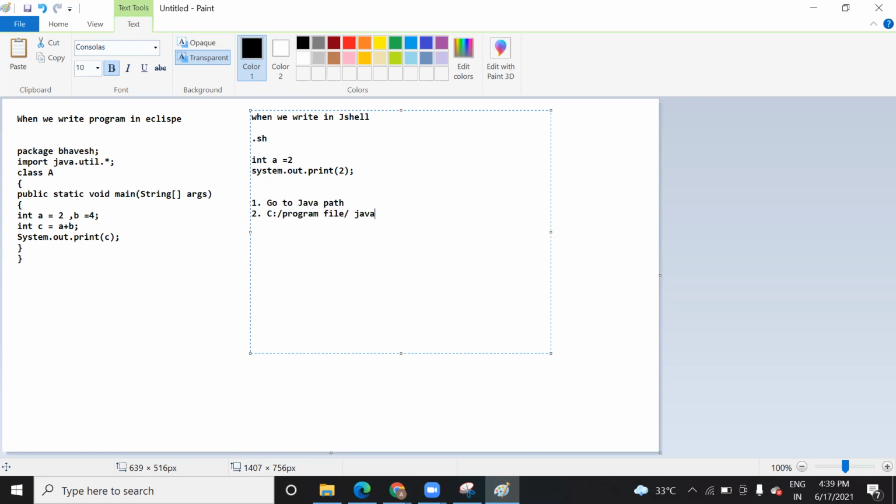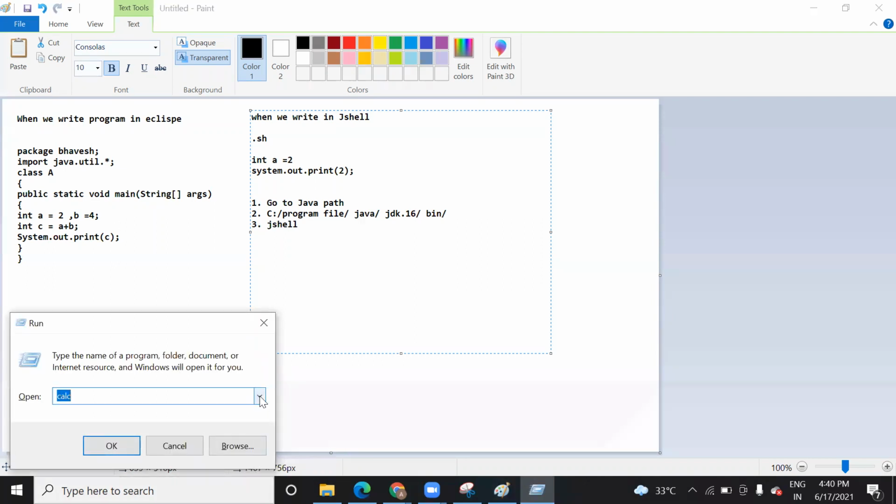Inside that, you have a Java folder, then inside the JDK, whatever the version, suppose 16, you go inside bin, and then type jshell. If JShell is present there, it will start. Let me show you how.